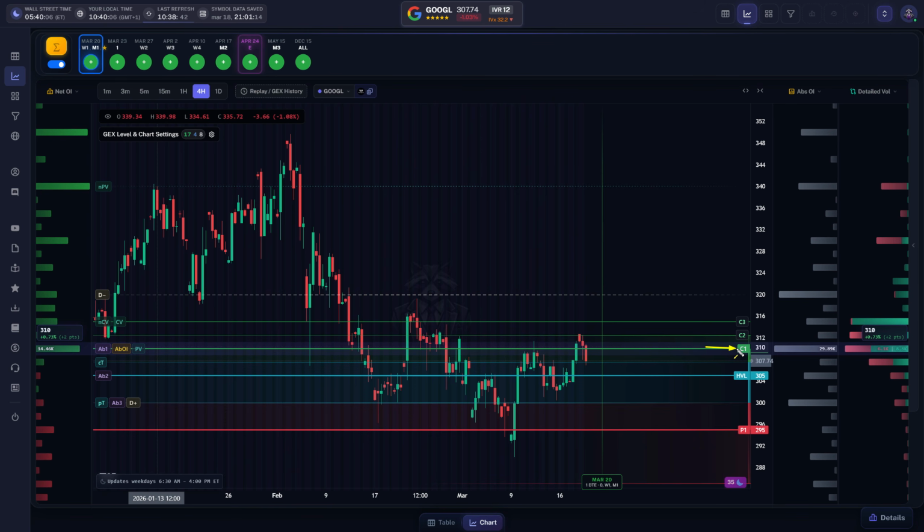So that's why it's also important to see it's not only the highest call, it's also the highest open interest, the highest absolute GEX, and the highest put volume. So I would think that if the market goes back to C1 or above C1, there might be a reaction. We don't know the reaction beforehand. The market can reject that area or accelerate further up. That's why it's important to see these lines and see these levels and reaction zones to understand where I need